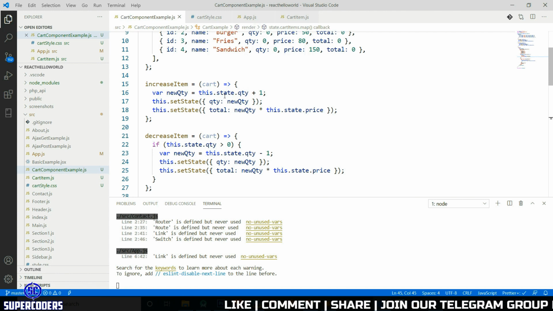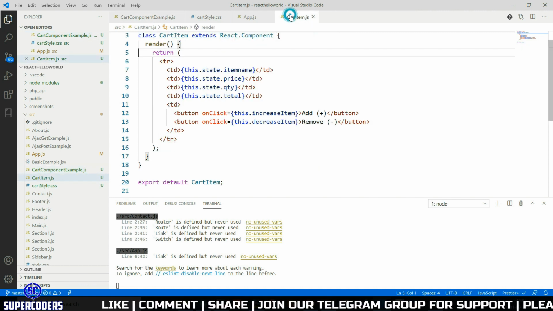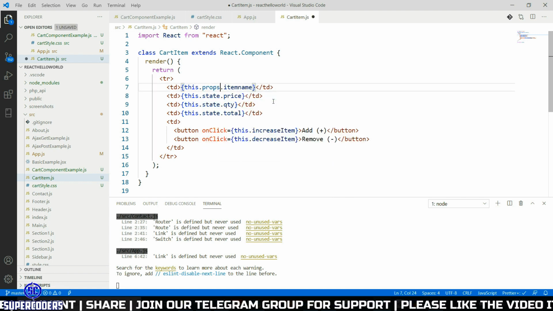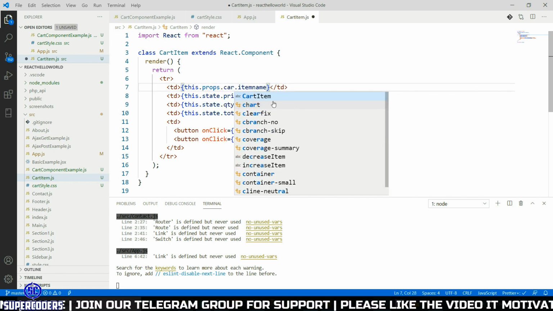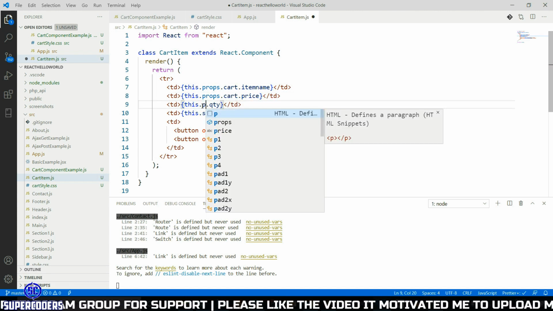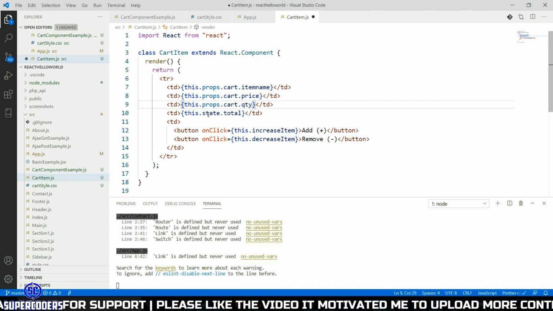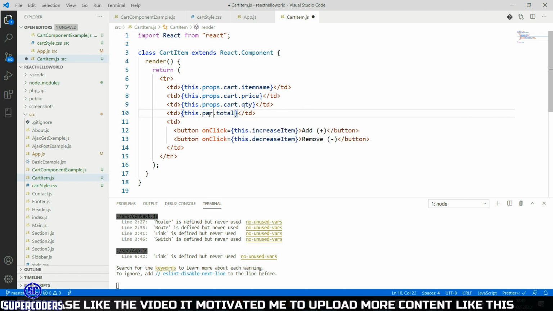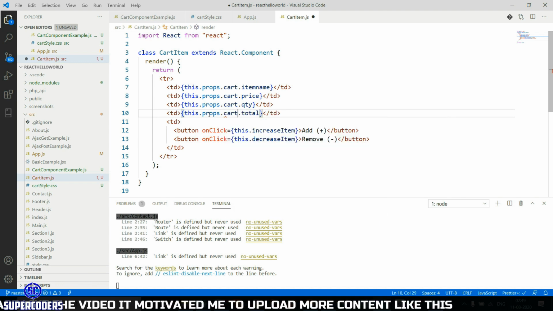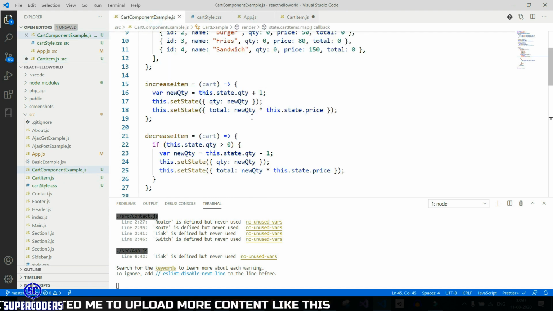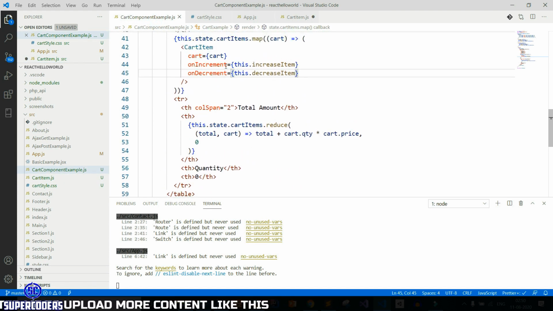Now here you need to update this data. Also come back here. So instead of this, you need props dot cart, props dot cart, props dot cart, because we are accessing data from our parent. So props dot cart, then change this to this dot props dot on increment.